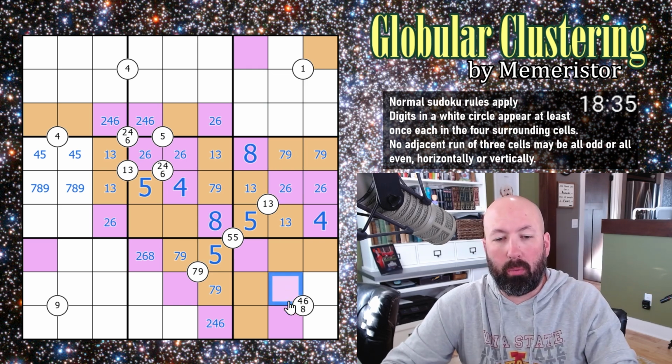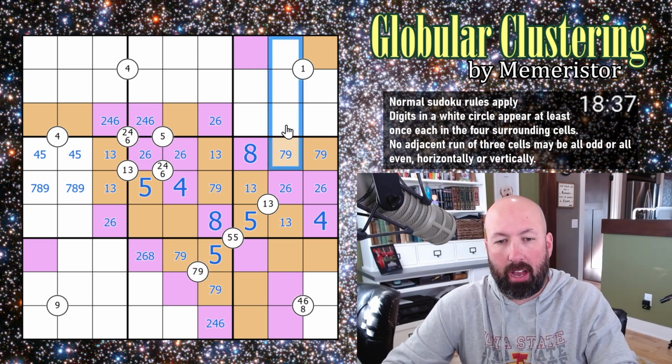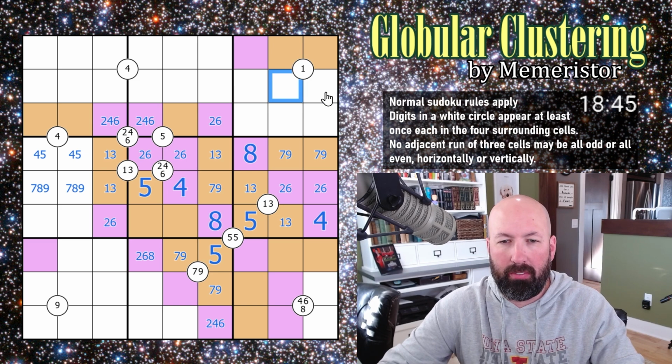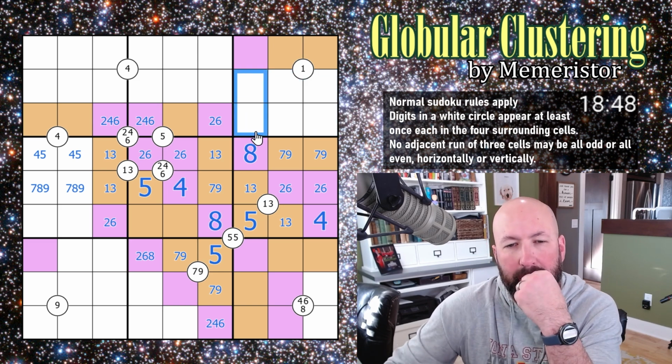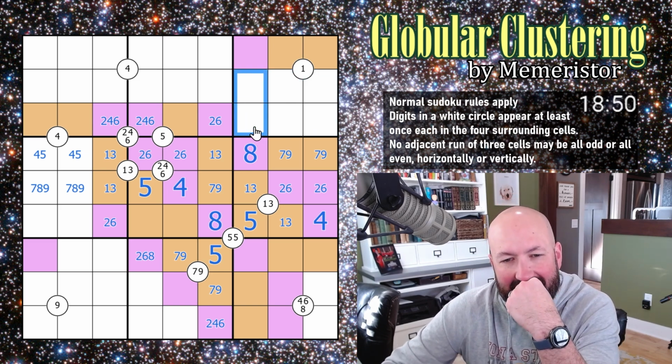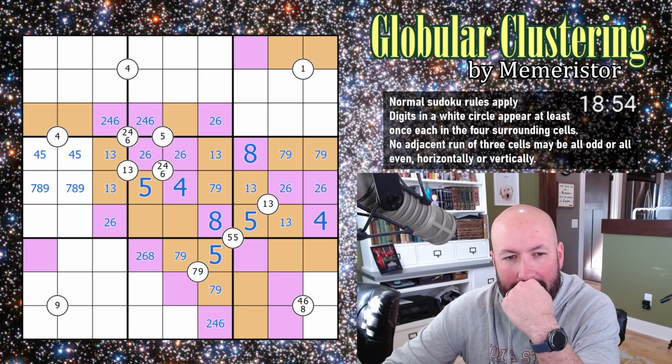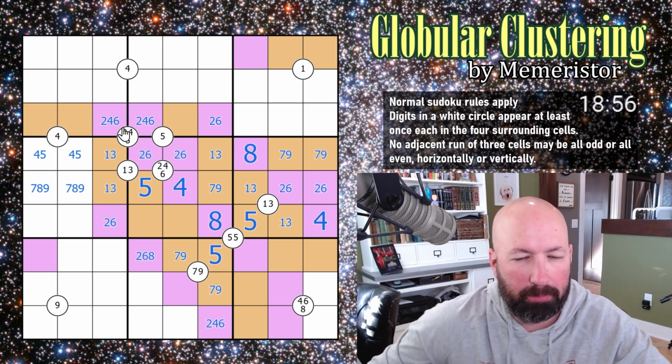Well, similar deal here. We have 1 even in the top set of 3. It can't be at the top because you'd have 3 odds in a row. So this actually has to be odd. So we've got an even here, an even here, and an even here. But I'm not sure where they all go yet. Okay, so